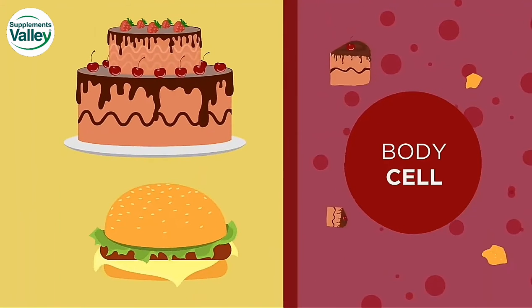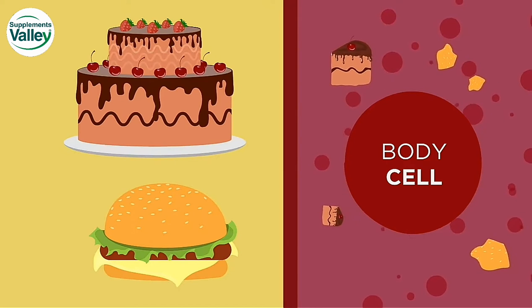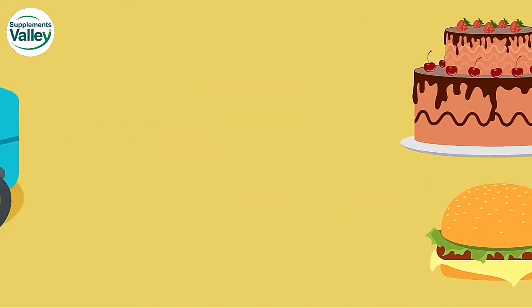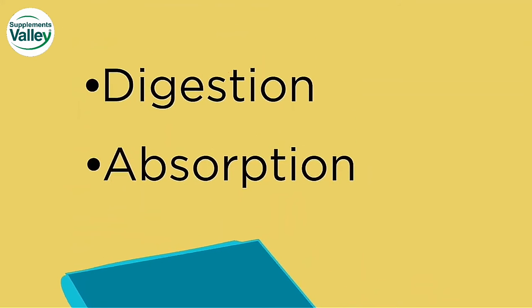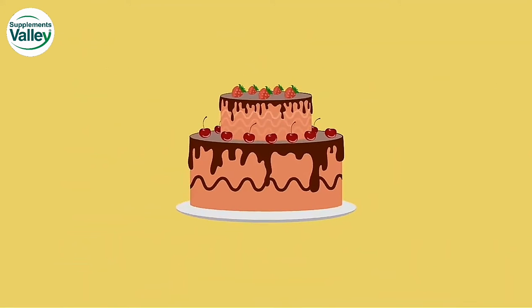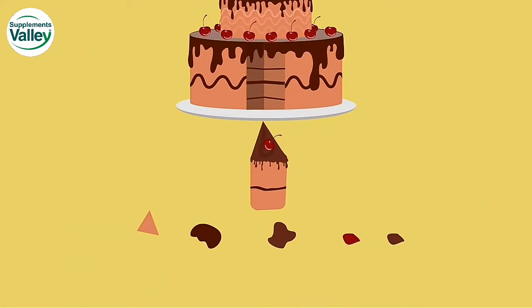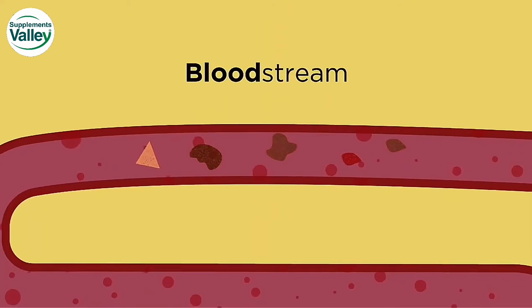We don't have chunks of cake or bits of burger floating around our bloodstream. So how do we get the energy from our food to our cells? Two things have to happen before we can make use of our lunch. It needs to be broken down into smaller pieces, or digested, and then it needs to be absorbed into the